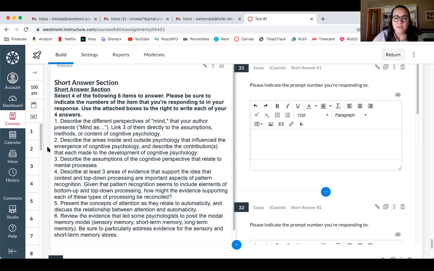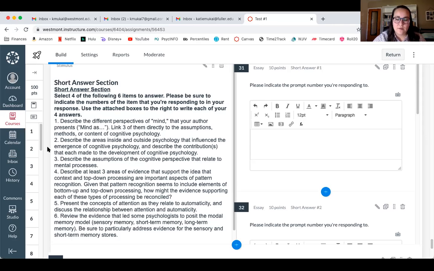And then for number 4, you also needed to address the second part: how do we reconcile the existence of both bottom-up and top-down processing. And so you needed to say something along the lines of the fact that if we went with just top-down processing, it would underestimate or not leave a lot of room for sensory information, and that the opposite would be true if we went with just bottom-up processing, that we wouldn't have any way to account for our experiences and our assumptions. So this idea that we need both, and how both of those can be brought together.